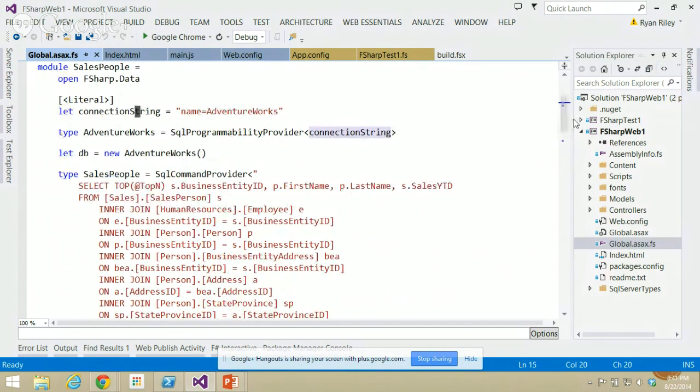So I'm using the AdventureWorks database. I'm using this literal connection string, and it's looking in my web.config file in this case for a connection string name that matches AdventureWorks. And there's a couple different ways of interacting with a database using the F# SQL client type provider. There's the SQL programmability provider, in which case you create a new instance of your database,